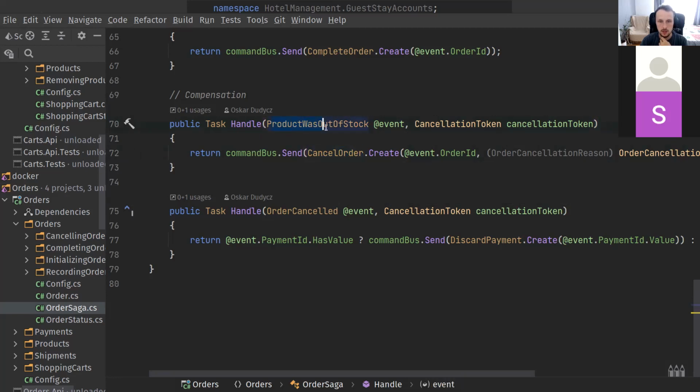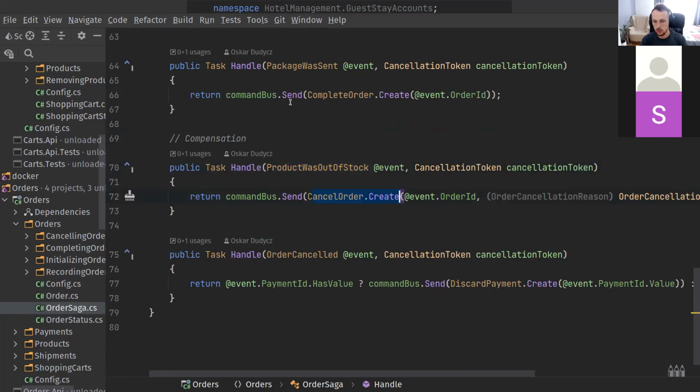Then here we can send a command to cancel that. And technically there is no difference between compensation and regular handling, we are just sending a command and waiting for the result of the compensation. But regarding trying to cheat and show that this is synchronous, then yeah, one of the options is to run